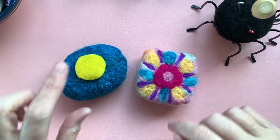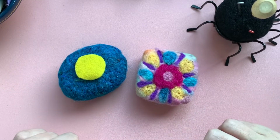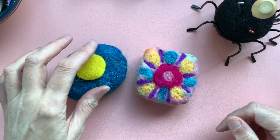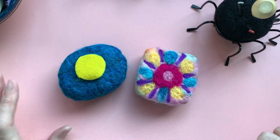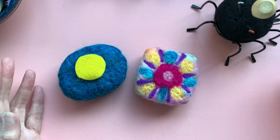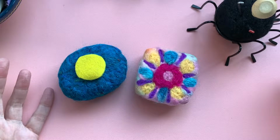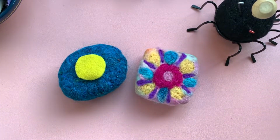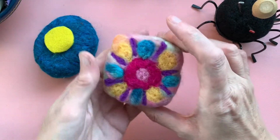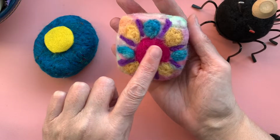If you've seen our needle felted soaps video, this is a kind of follow-on from that, a briefer follow-on. So I suggest that if you haven't seen that, go and have a quick look at that, if you're interested in felted soaps. Now I'm going to needle felt on top of them in order to create a pattern. Now if you look at this one, I've made a start on this one already,